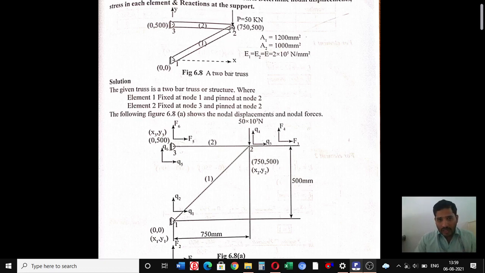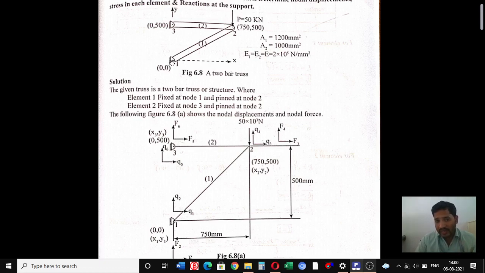As well as if you consider from 2 to 3, how much distance is given here? The distance from 1 to 2 and from 2 to 3 is the same, so for that reason we can consider that the 2 to 3 distance is 750 mm. Clear here? Then, because node 1 and node 3 are rigidly fixed, at that time, what will happen? So the nodal displacement